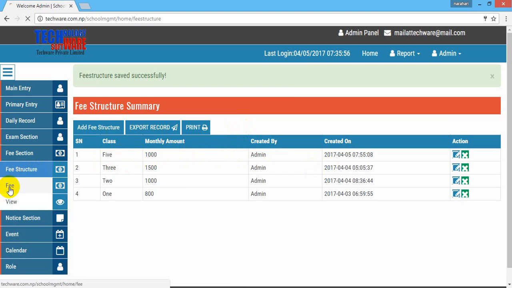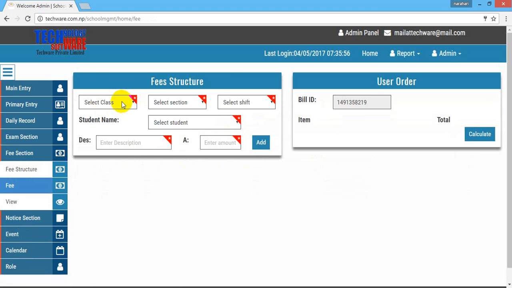Now go to the fee section. Now for the fee structure, for which class? For class 3, section A, morning, and student name. For which student? In class 3, section A, there is only one student, so you can select this from here. And the description of the fee, which fee she is paying. Suppose for now,